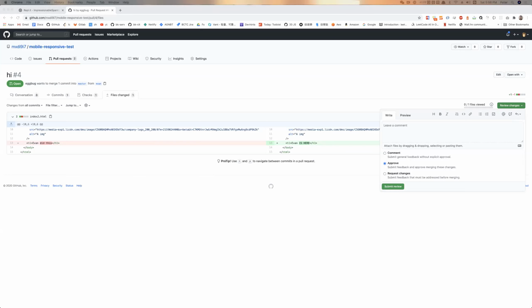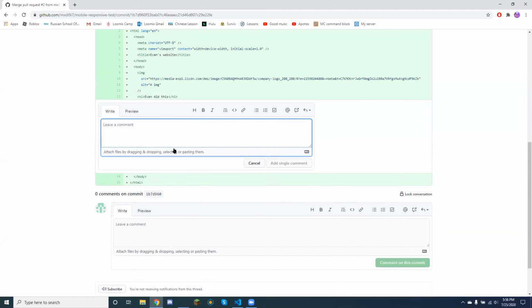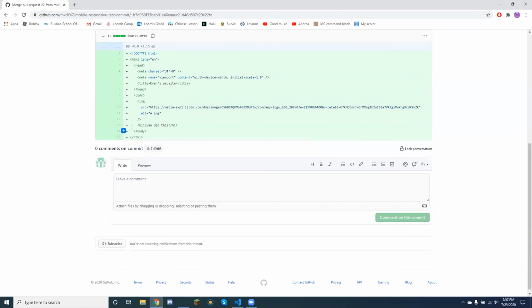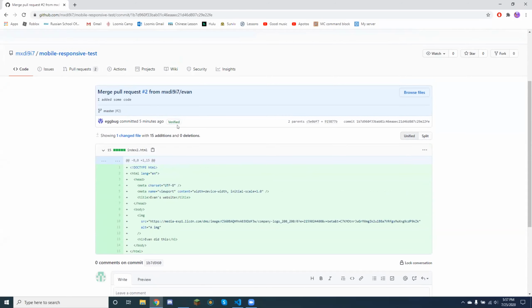It doesn't say approve. Oh, like at the bottom. No, I don't have that at the bottom. Show me your screen. I just have leave a comment. Show me your screen. I just have this. Okay, so now you just click on cancel. Scroll up. What do you want to do? You want to leave a comment on anything, or you want to just straight up approve it? I just want to approve.